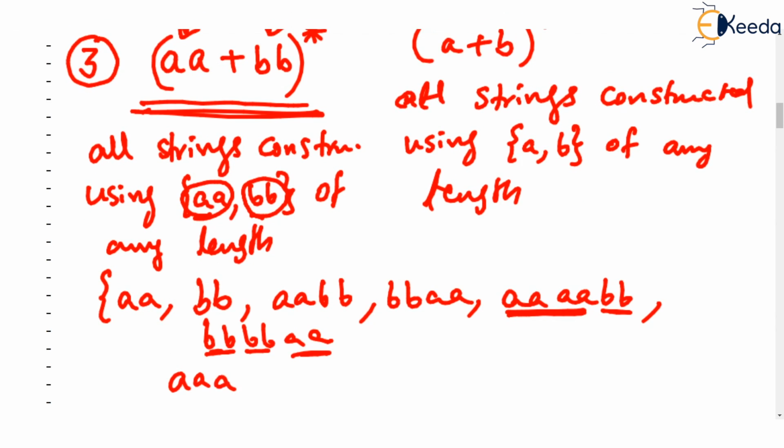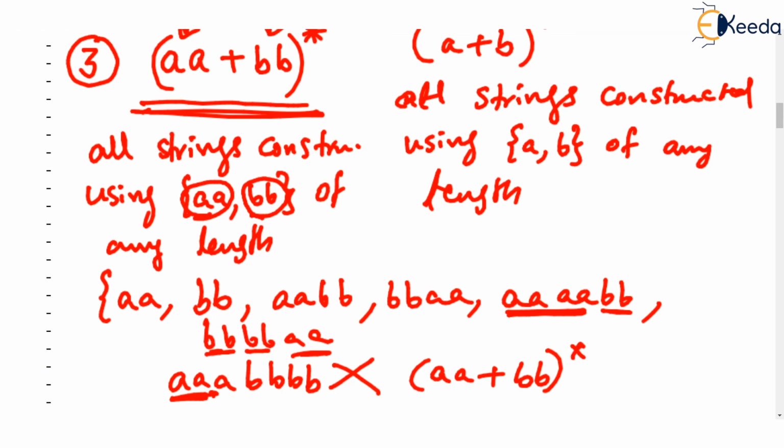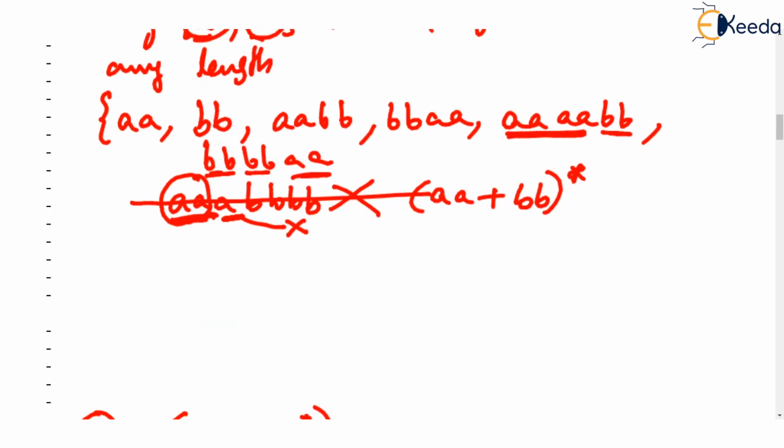Please try to understand this string that I am writing. AAABBBB is rejected. Yes, it's rejected because this first AA fits in our regular expression, which was (AA+BB)*. But now, after matching the first pair AA, we have got a singleton A. The singleton A fails the test because A should be in pairs and B should be in pairs. So this string will be rejected. That's how easy it is basically to read these regular expressions.